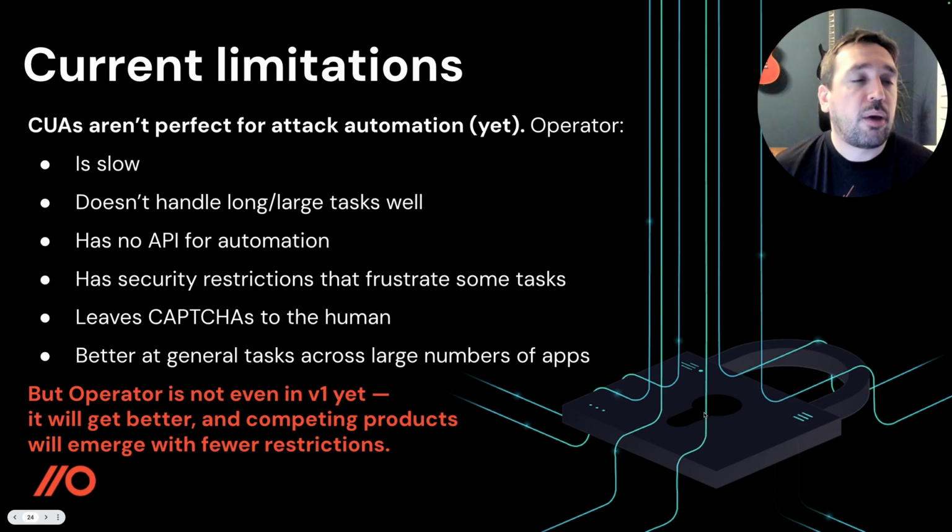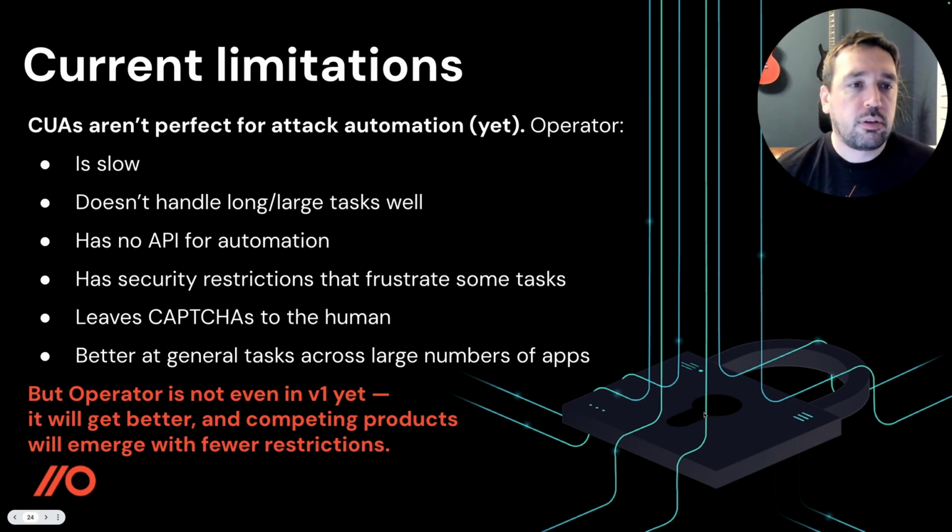Now, think about it. You put all that together, you can start getting something that looks like it will be far more capable of conducting identity attacks than what we have right now. There are limitations, however, right? I've painted a little bit of a rosy picture there. So I just want to go through some of the current limitations and think out loud about where this is going to move going forwards.